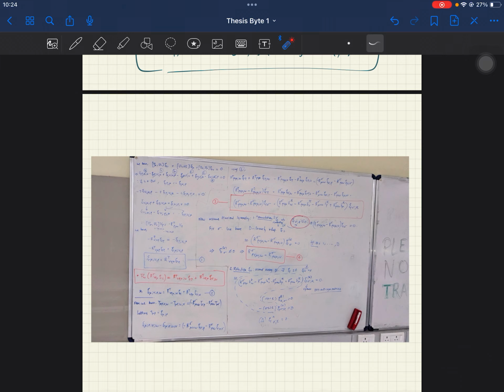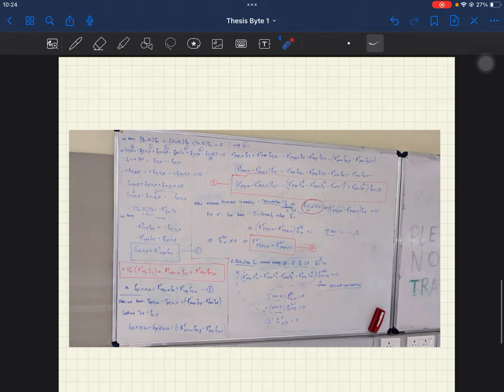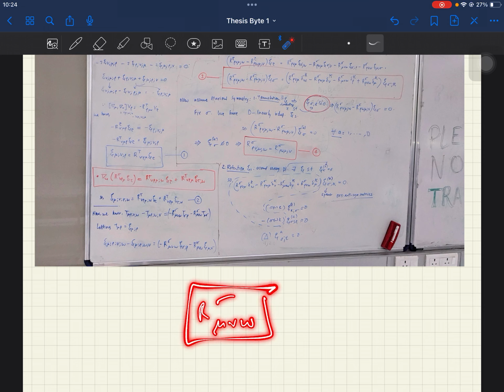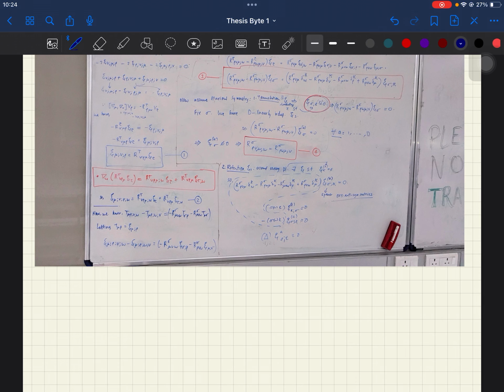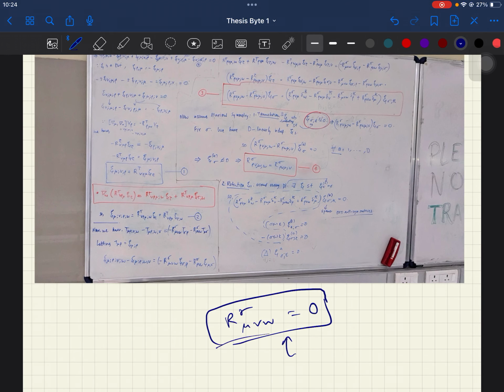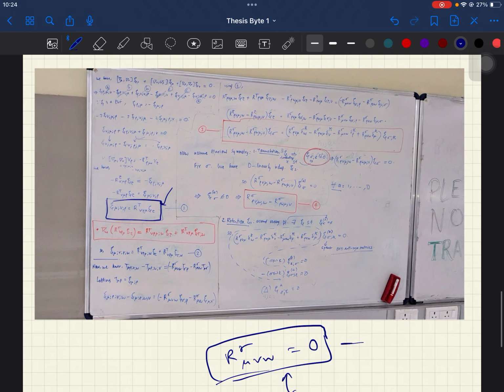And then you can just continue and contract the k, rho and kappa indices, and you end up with a nice equation on r sigma mu w. Unfortunately, I didn't get that beautiful relation. In fact, I got a really bad condition that the Riemann curvature just vanishes, all because I made a mistake here, and I don't know what the mistake is. But if you resolve this, the calculation is simple.